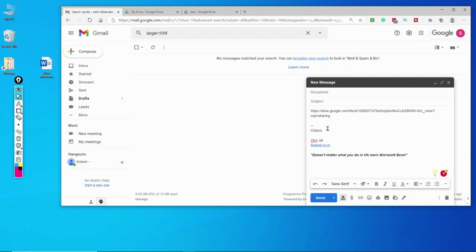So if you send a 10 MB file to 50 people, rather than consuming 500 MB on your Gmail, you are just consuming 10 MB on your Google account. So that was the benefit. Number two, if you delete this file, even though the link has been shared, if anyone has downloaded, great. If not, the file will no longer be available for the other person to download.